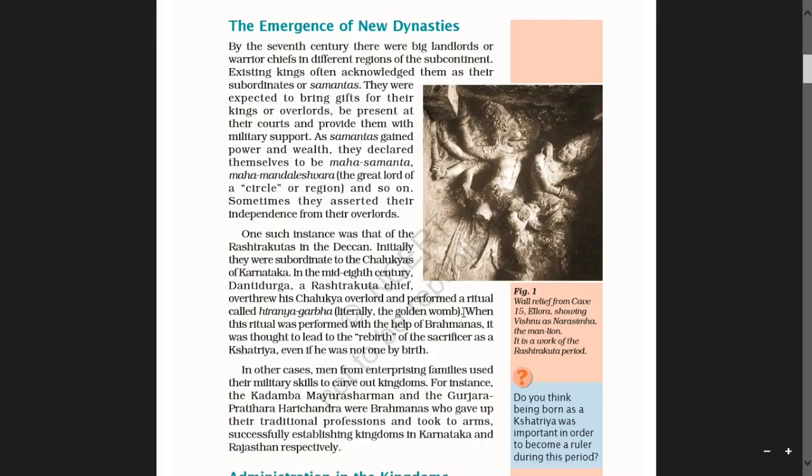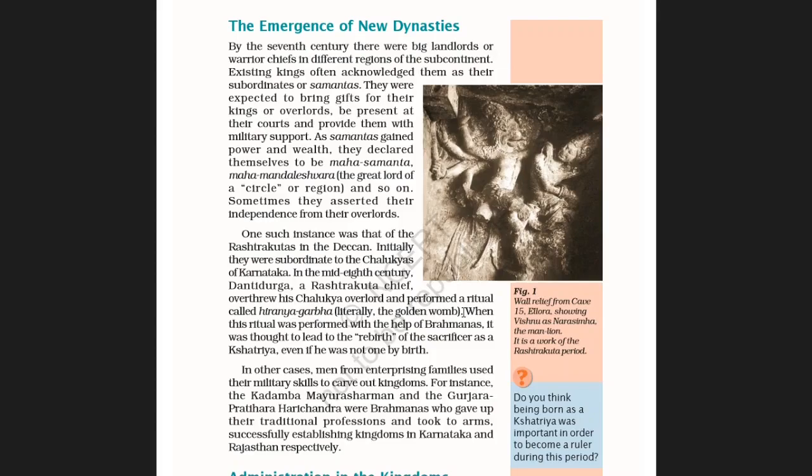So see here, in the middle of the 8th century, what happened? Dantidurga was a Rashtrakuta chief. He overthrew his Chalukya overlord, the Chalukya ruler.